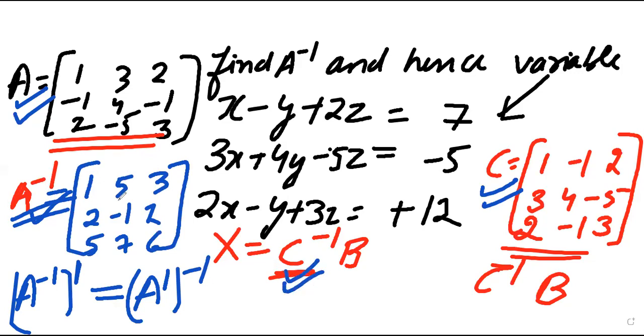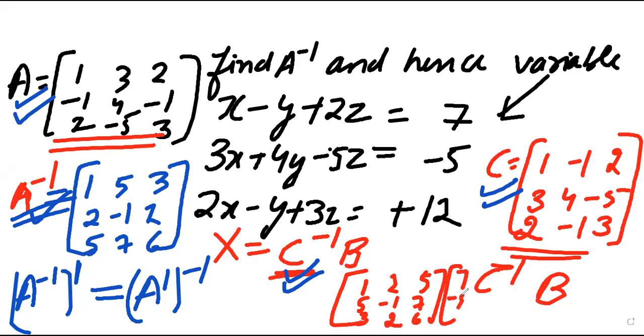What I do, I will write it in transpose form. I will write this in transpose form. 1 5 3 2 -1 and here 2 5 7 6, and then directly I multiply with the B. 7 - 5 12. So now I think it should be clear to you. Okay, and if it is not clear, tomorrow I will repeat it for you.